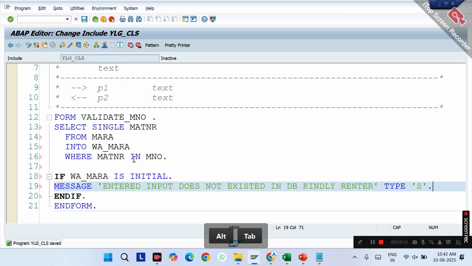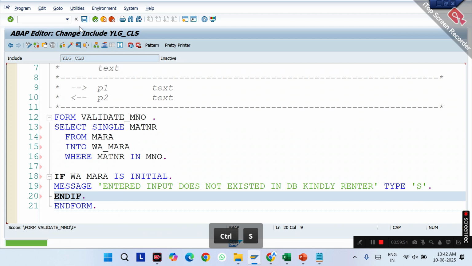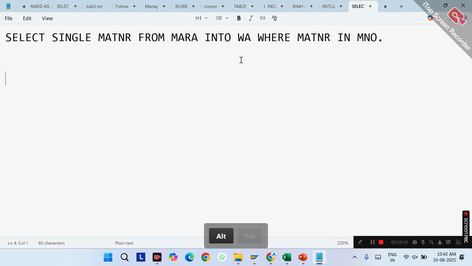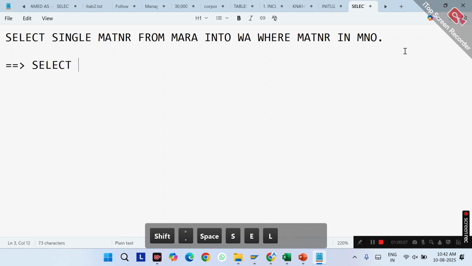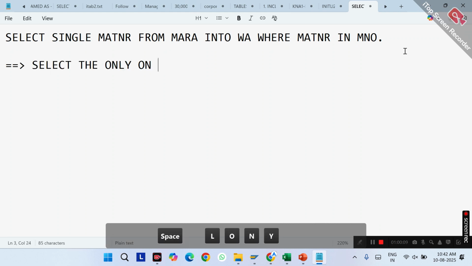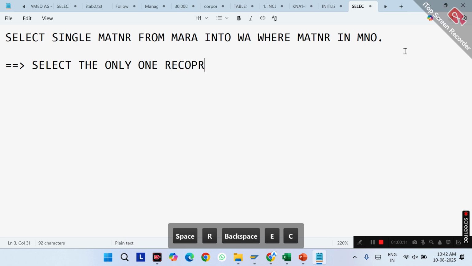I'm keeping this side, this report. I'm just explaining the differences or the types of select queries. This select query, what exactly it does is select only one record